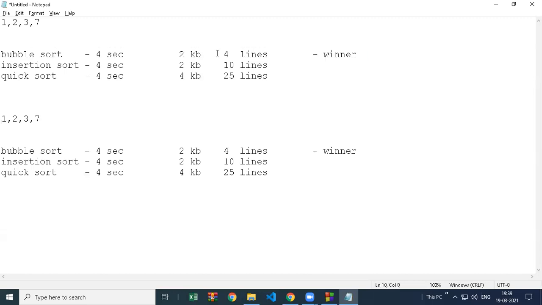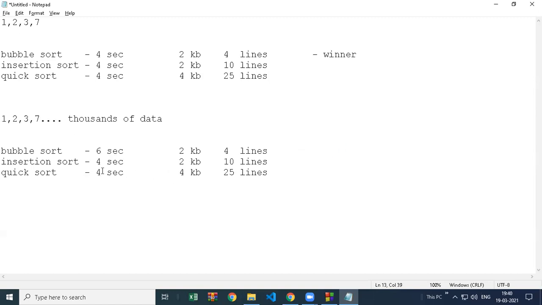Now see here. Now you have thousands of data. And if you have thousands of data, bubble sort is taking 6 seconds, insertion sort is taking 4 seconds, and quick sort is also taking 4 seconds. Now which algorithm will you select?